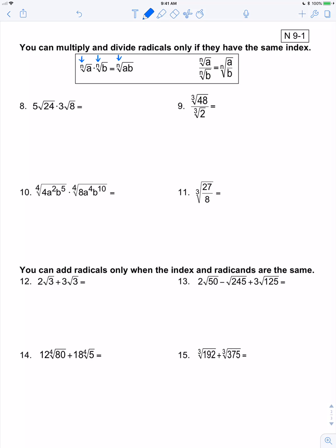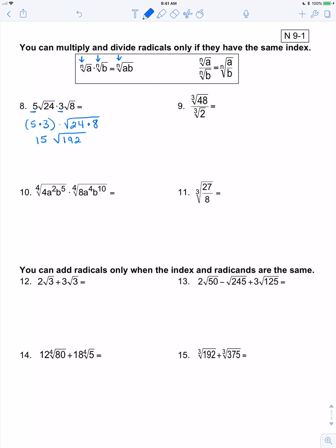And the key to multiplying these is to remember, I'm going to multiply what's on the outside. So first 5 times the 3, then we multiply that by what's under the radical sign, so 24 times the 8. Well, 5 times 3 is 15, and that gives us the square root of